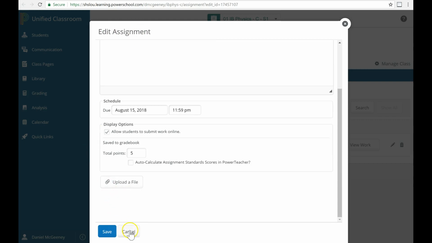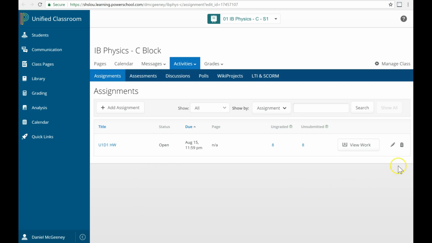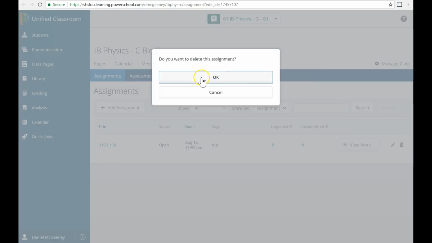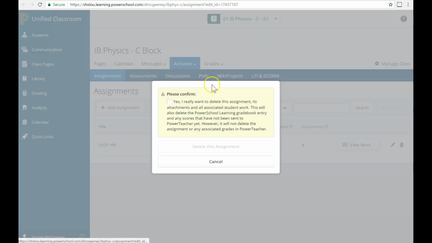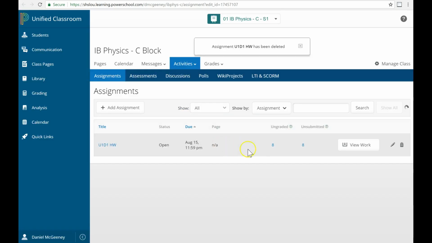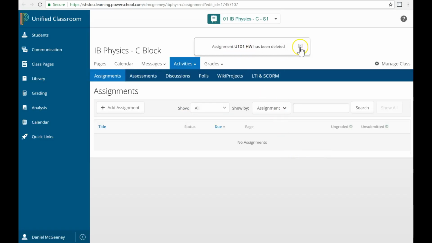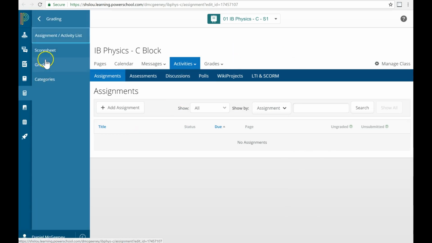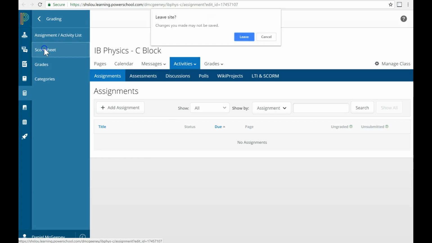So if I click this Cancel button, then now I can click on the trash can to finally delete the assignment. And I click OK. Yes, I really want to delete this assignment. And then you click Delete. They want to make sure you're extra sure. And it has been deleted. It's gone. If we click on Grading and return to our gradebook or score sheet, and then click Leave,